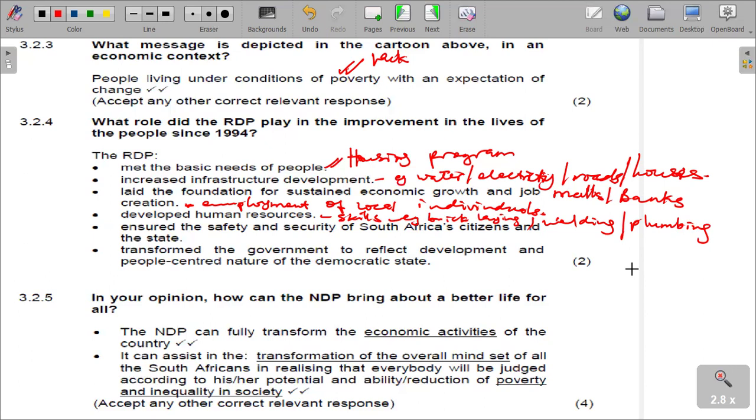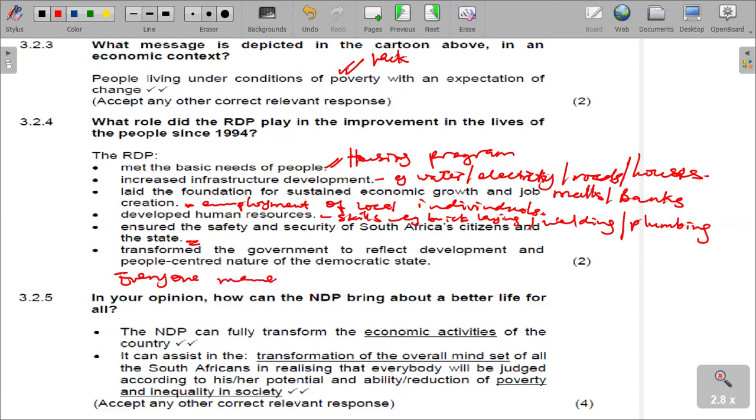Ensure the safety and security of South African citizens and state, as to say people could also trust the country in terms of their safety and security because of the provision of such services. Transform the government to reflect development and people-centered nature of democratic state. Therefore, we are talking about the availability of resources, also to say everyone